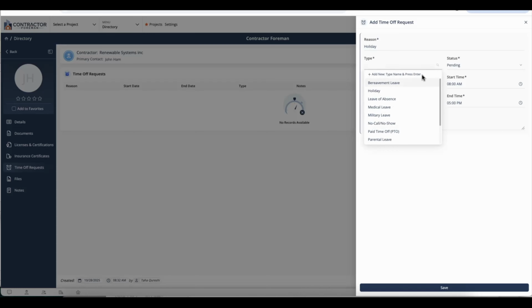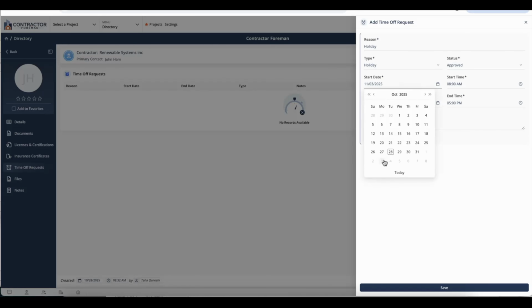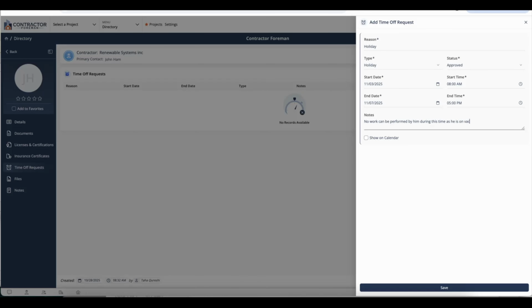So under type, it'll be holiday. We can put it as approved because we're okay with it. Let's say the start date is going to be next Monday and he's arriving back next Friday at 5 p.m. So he'll be gone for a week, and we'll say no work can be performed by him during this time as he is on vacation, and put show on calendar